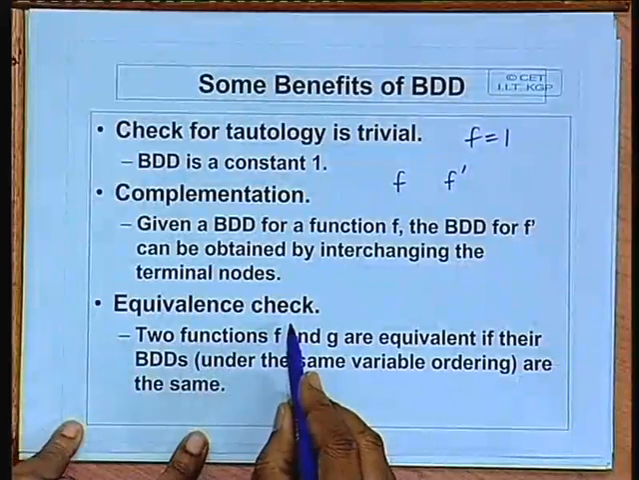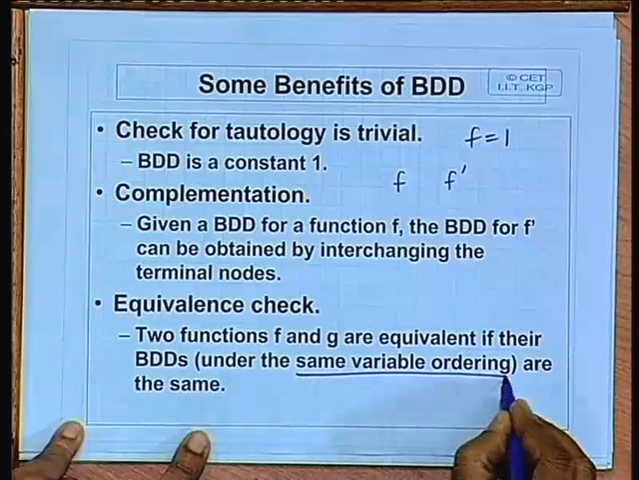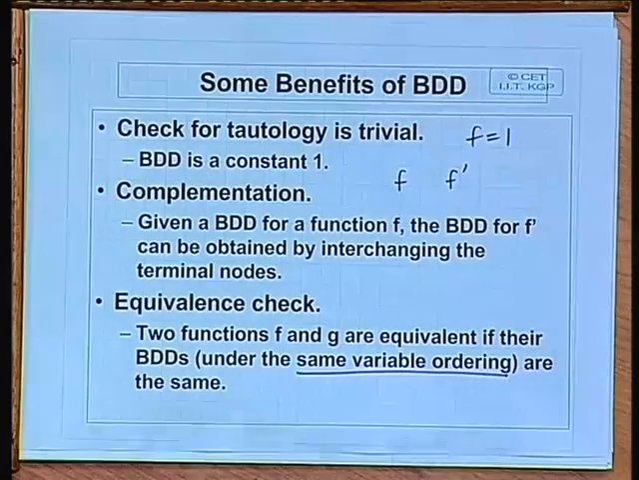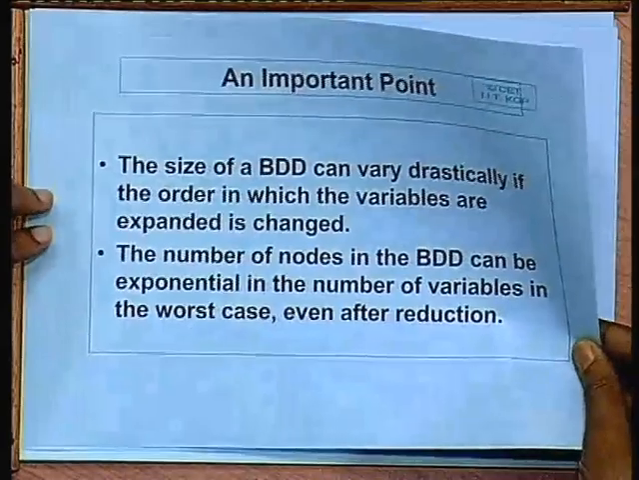And equivalence check is also easy, provided you have the same variable ordering. Because as I told you, both OBDD and ROBDD are unique under the same ordering. So if you can enforce that you are using the same variable ordering, then checking whether 2 functions are equivalent or not also becomes easy. Fine. And a point to note